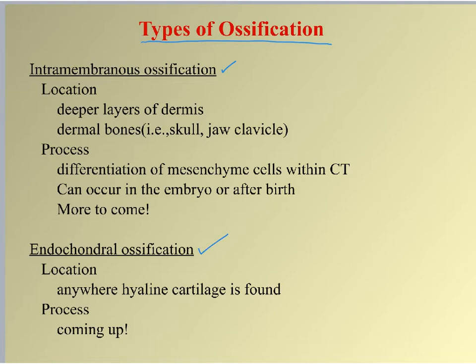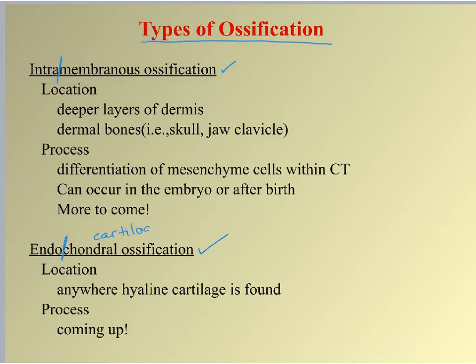So I want you to take a second just to dissect those words because they're pretty big phrases, right? So this one, intramembranous, intra means within. So this means a type of ossification that occurs within a pre-existing membrane. And endochondral is a type of ossification that occurs within cartilage. So the templates or the pre-existing tissues that are converted into bone